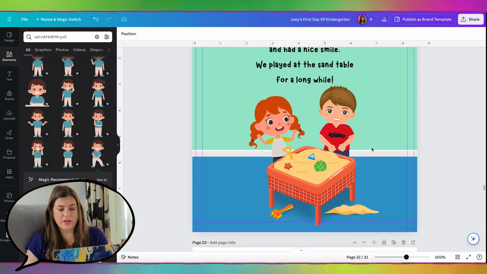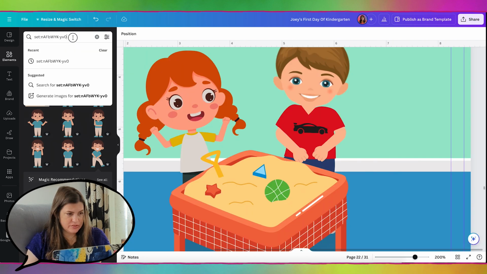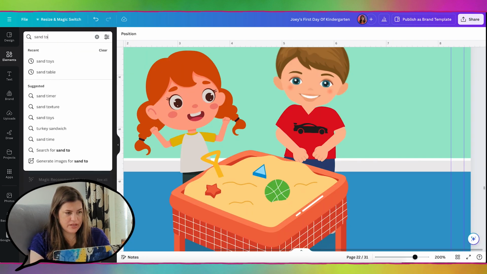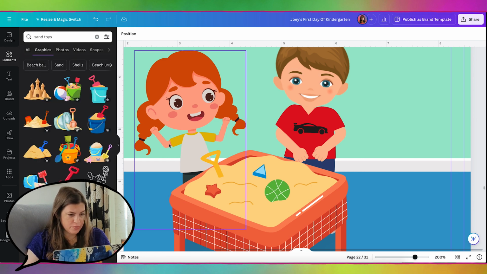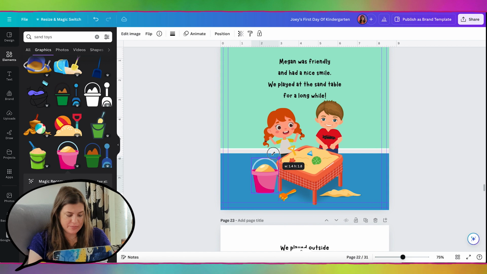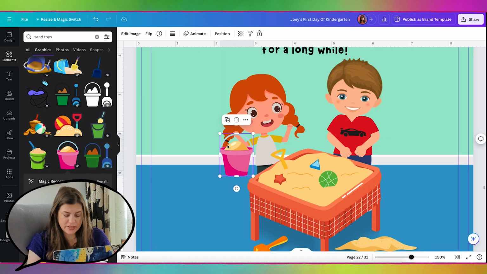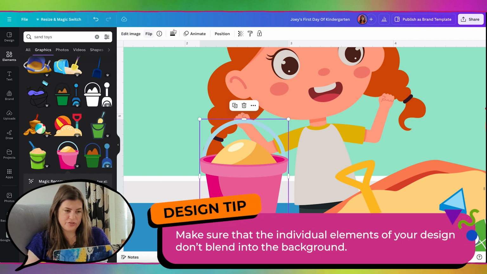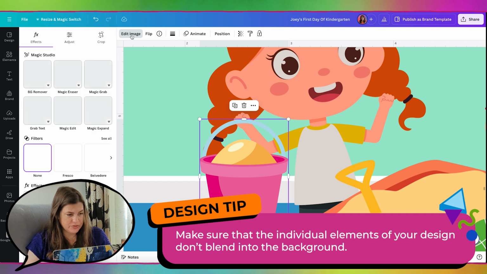Now we could put some of the toys in their hands. That would be cool. So I'm going to search in the elements for sand toys. Oh, maybe she can be holding a sand bucket. Here's a cute sand bucket. One thing I don't like is that you can't really see the handle of the bucket here very well. And this isn't vector, so you can't change the colors up here. So I'm going to go to Edit Image,